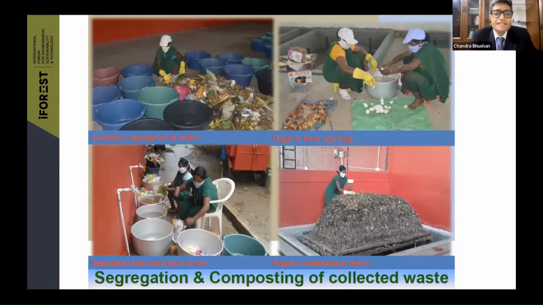As far as organic waste is concerned, biodegradable waste is separated. Some of the biodegradable waste, for example eggshell, is washed and sold separately. There are business people who come to buy eggshell from Ambikapur. The rest is sent for organic composting, and they make money by selling the compost to the city itself, for gardening, for trees and other things. So this is the Ambikapur model.